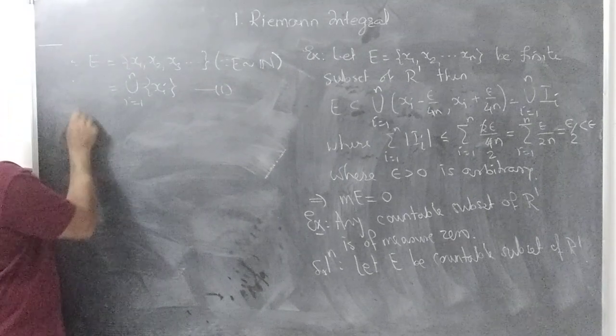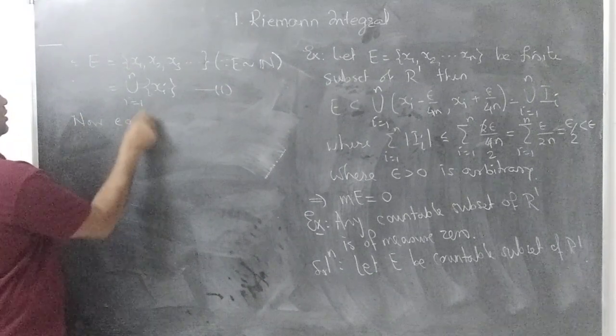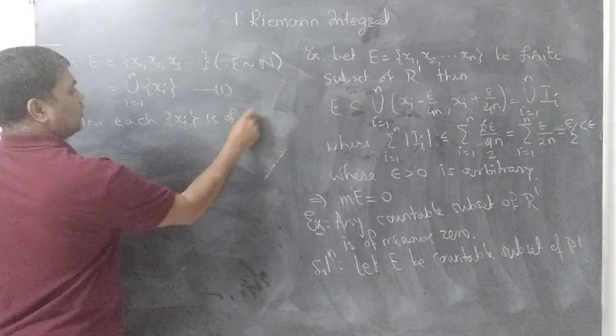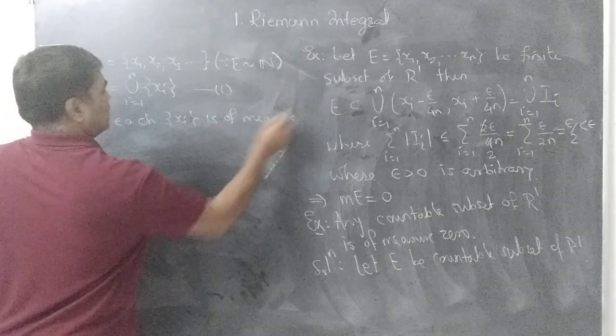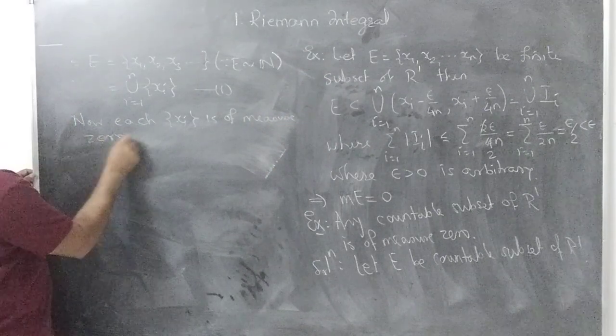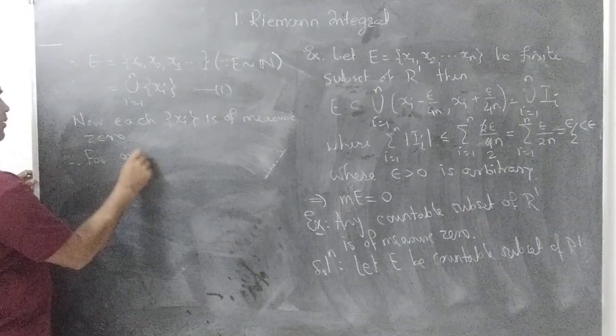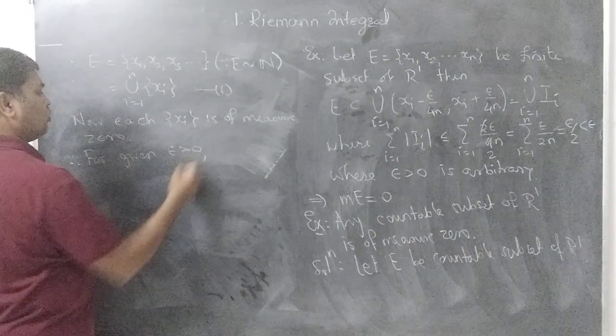Now each singleton xi is of measure 0. Therefore, for a given epsilon greater than 0,